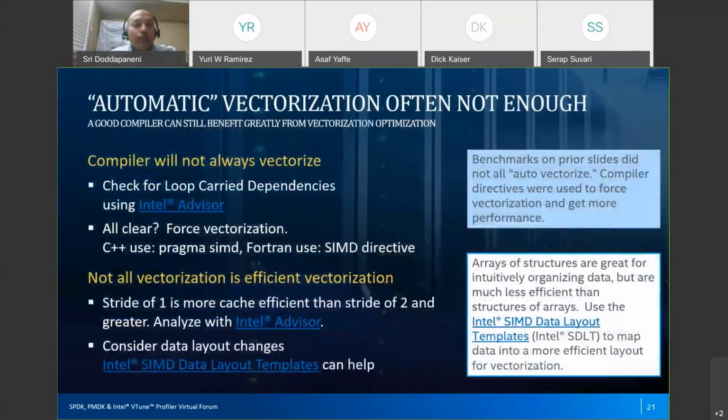Okay, so automatic vectorization often is, so what you may ask, right? I think some of you are familiar, we have been telling you also that the Intel compiler is the best at auto vectorization, so please use it and benefit. But what we found is that it's great. It does the best job in the industry, and it's for free, right? So the performance you're getting by turning on auto vectorization is something that you're able to get without much